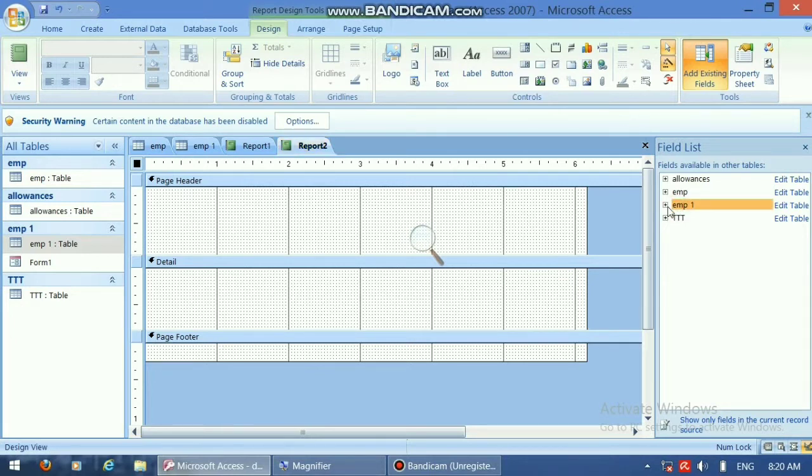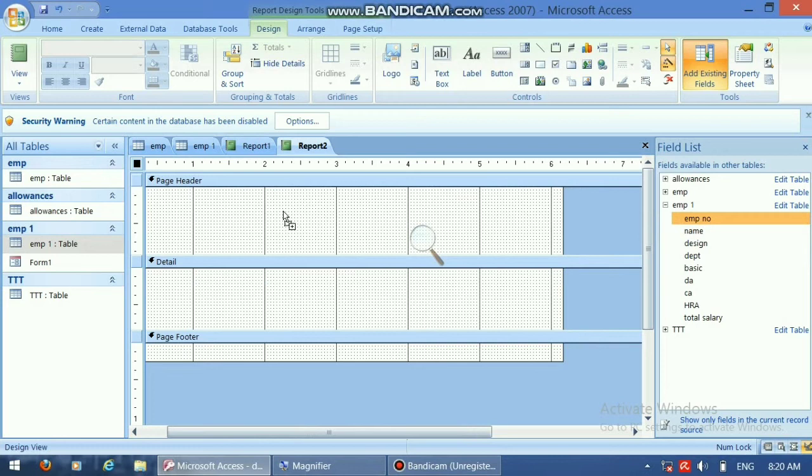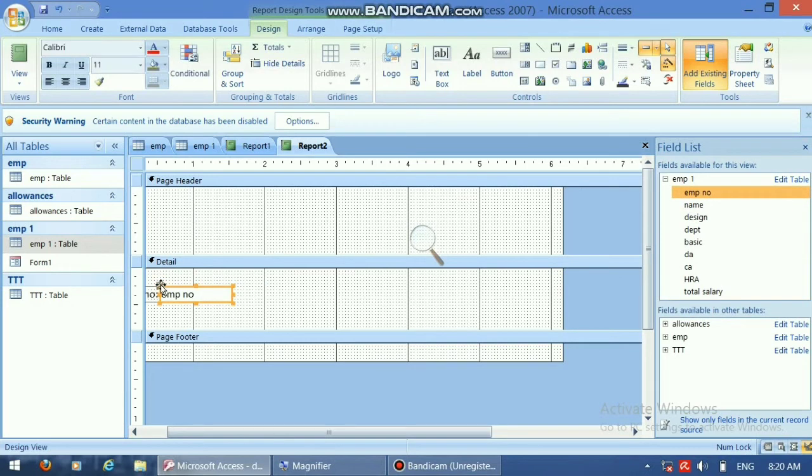All the fields of this table will display, and just drag this employee number field to this detail area, right? And you have 2 sections. First one is the label. Just select the label and delete it. Press the Delete button on the keyboard. We just need this field section, employee number.